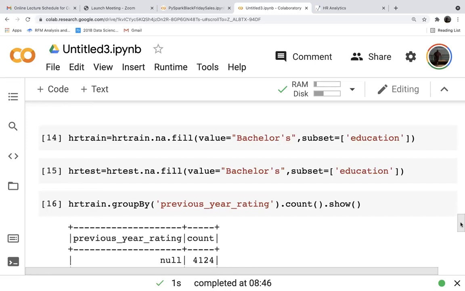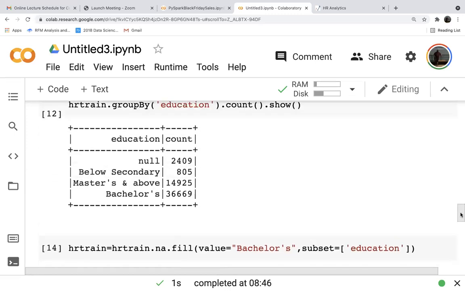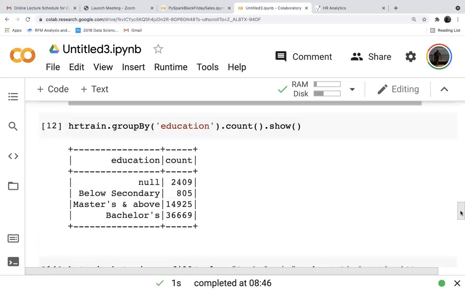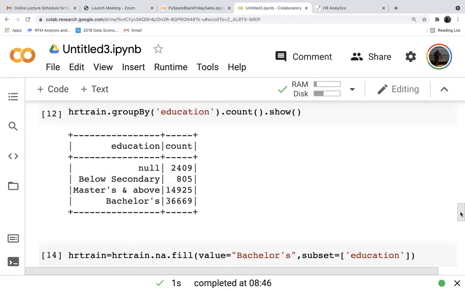Just above this. B capital for group by. So we'll replace it with 3, right? Yeah, we replace it with 3. And same with the test data. Whatever you are doing, the same strategy has to be implemented on test data also, right?